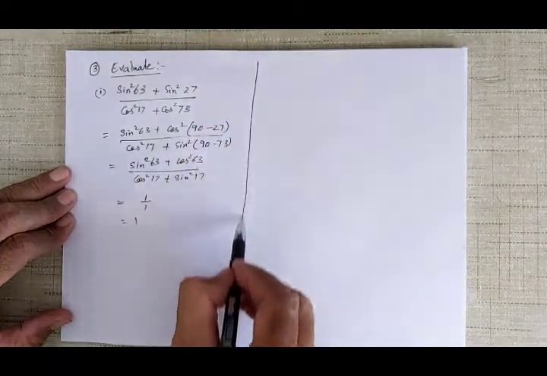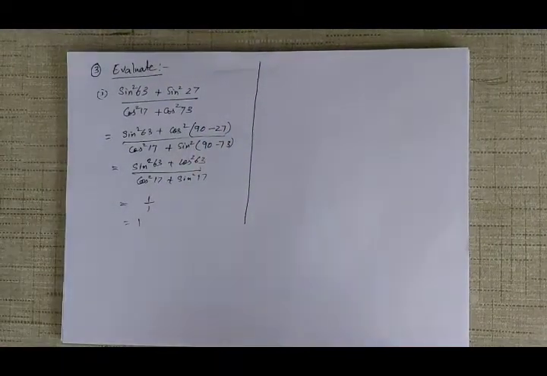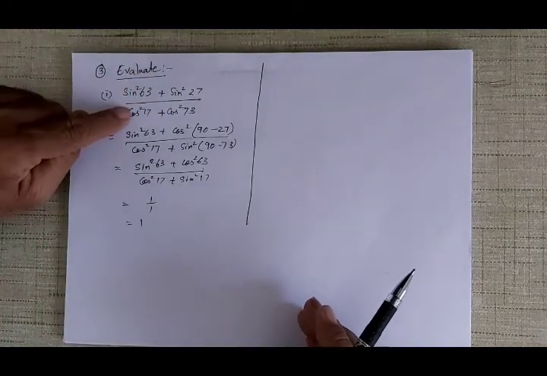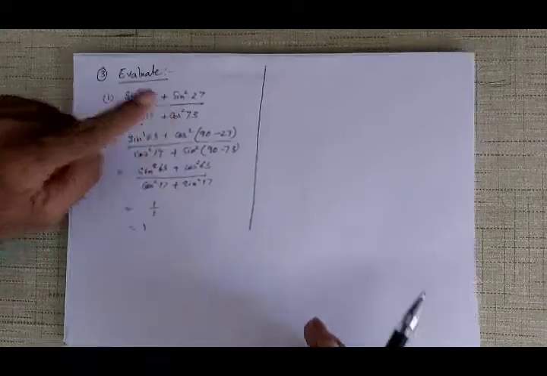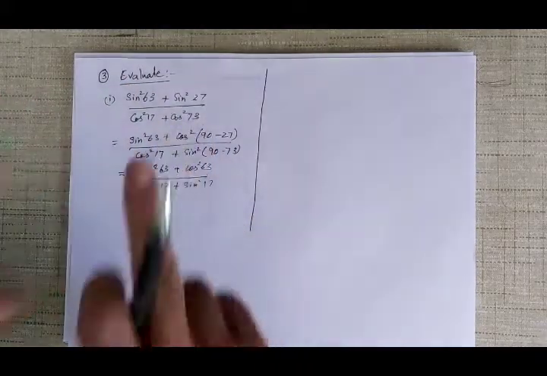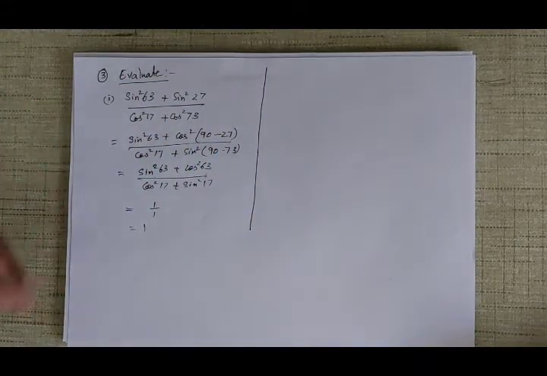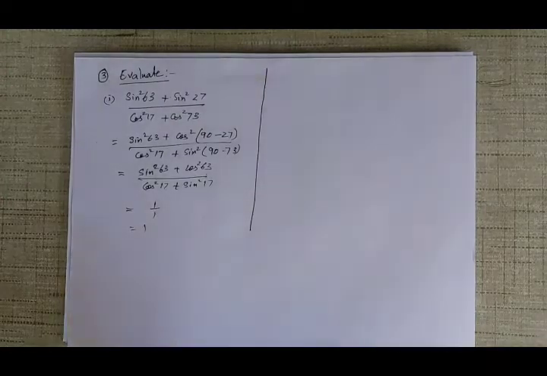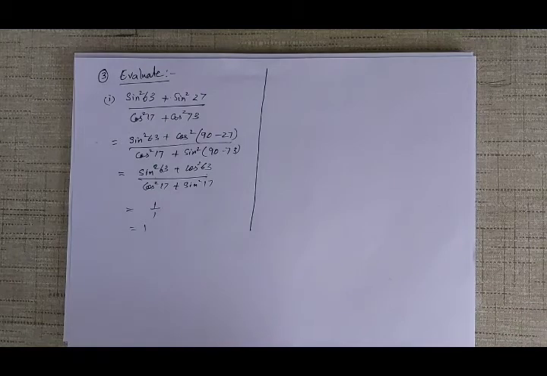Now you can see in this case, there are no two ways of doing it. There is only one way to do it. You can change this one or you can change the lower one. You can't change both in the numerator and both in the denominator. Then there will be a problem. It will come back to the original. But when you are proving something, then there may be 2 or 3 different ways of doing it. Like we did in the first and second question, there you are proving something, and therefore you can use different ways. Whichever comes to mind first, make sure the relationships are correct. In this case, that problem will not be there.